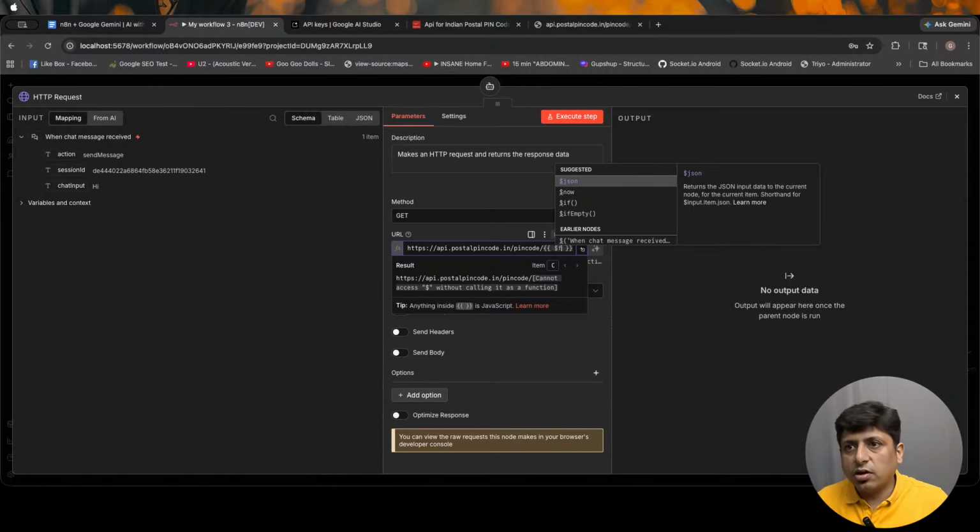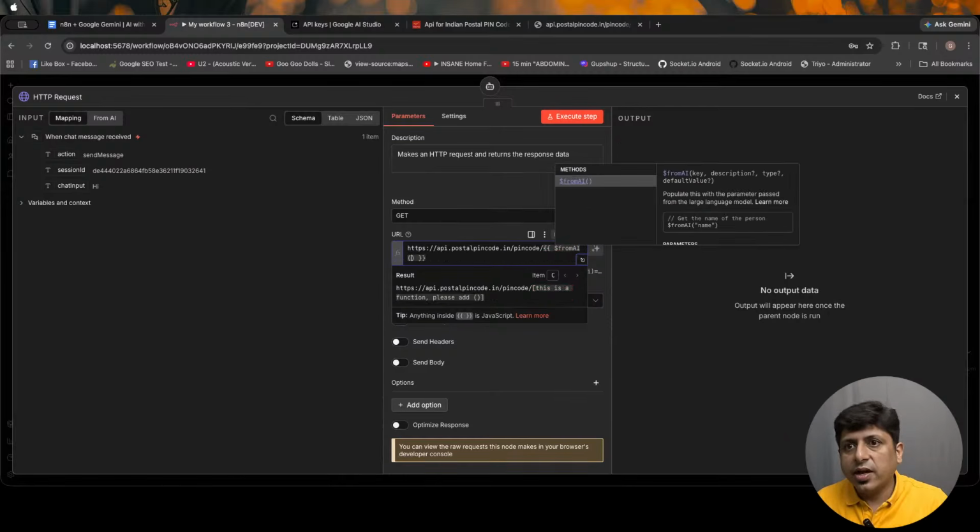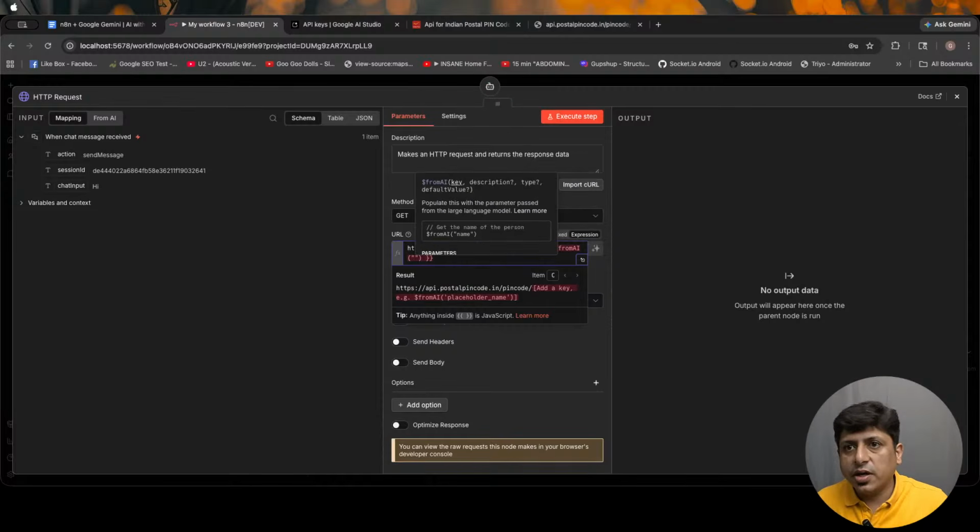I'll use a function called $fromAI, and if you see this function, it looks like an Excel formula. It shows values that you need to enter: key, description, type, and default value. I will give a name called pinCode, which means the AI should give me this value as the pin code. But how does the AI understand this is a pin code, or that it has to give a pin code as a value? So I'll give it a description: